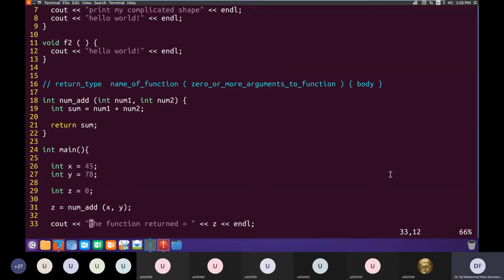Okay, so the arguments, the values to the arguments, if you want, you can reassign them inside the function, but they are not used for this. Whoever calls this function will assign values to num1 and num2. Yes, you can use anything in the function. Whatever you can use in main, you can use it inside the function.